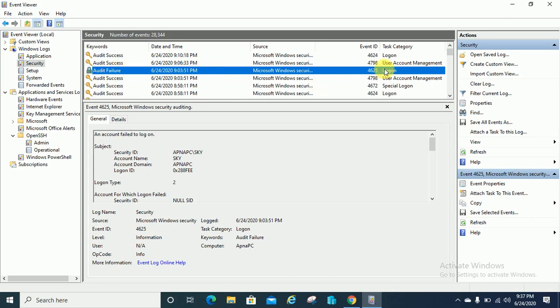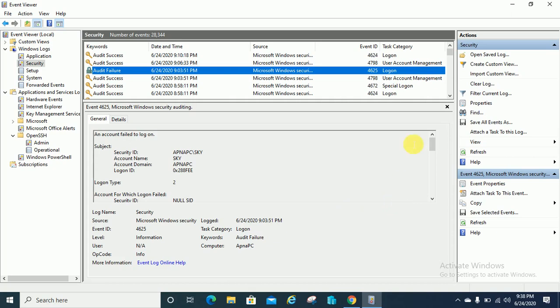4625 is the event ID for unsuccessful login, and you can see here, an account failed to log in. Actually, I tried to log in with a wrong credential because I want to show you if a log is generated here or not.